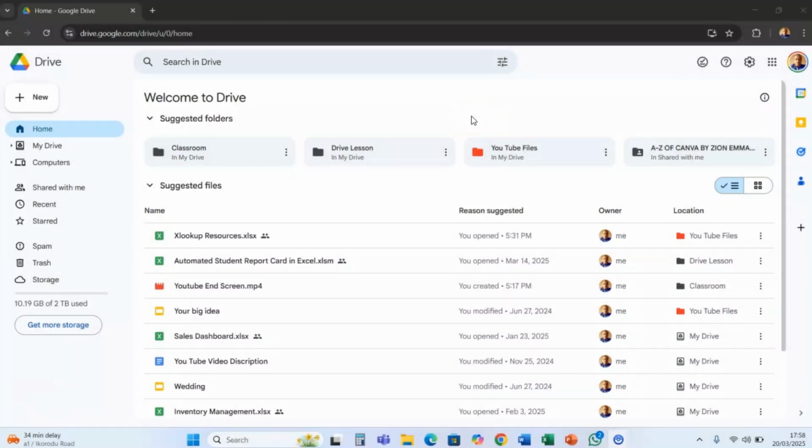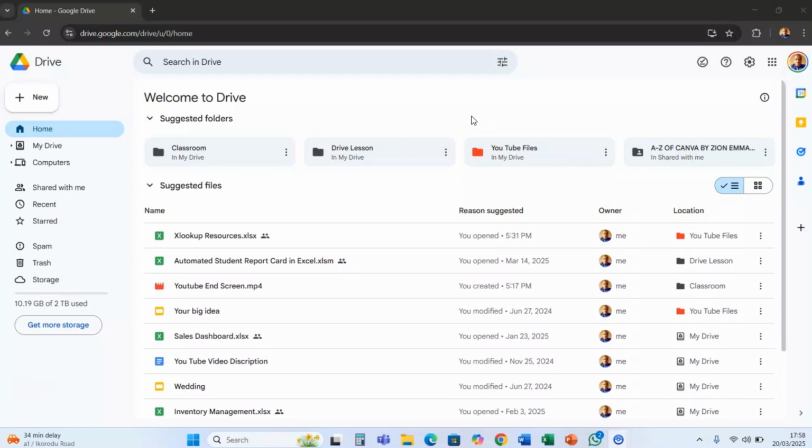Now in this lesson, I'm going to show you how you can set up your Google Drive on your computer, the Google Drive on your PC, so that you have a synchronization between all the folders and documents on your local computer and the ones in your Google Cloud storage, in such a way that whatever you do to one affects the other.